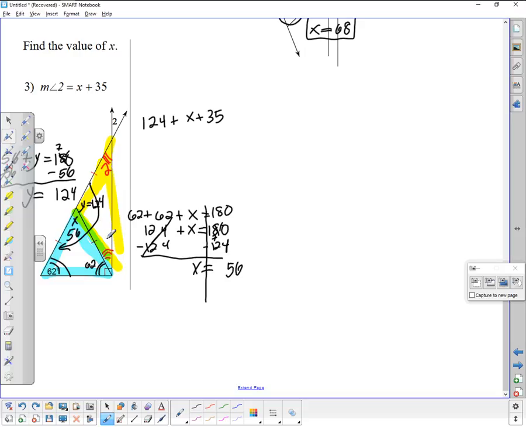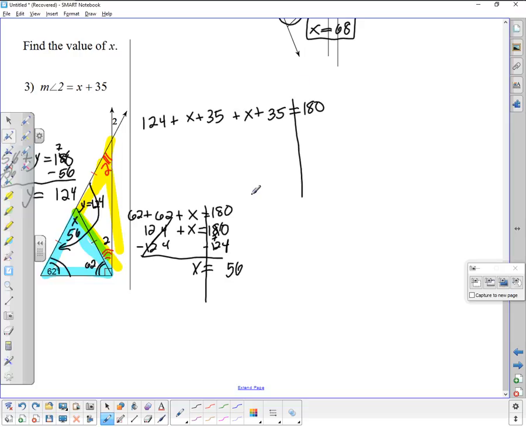Now this angle 2, this is also angle number 2. And angle number 2 is x plus 35. And that should be equal to 180. If you add all these angles, this plus this plus this is equal to 180. So solve for x,